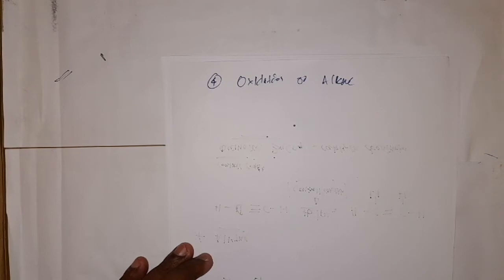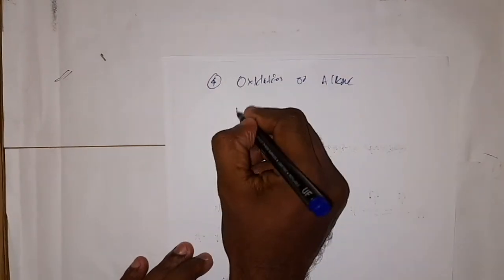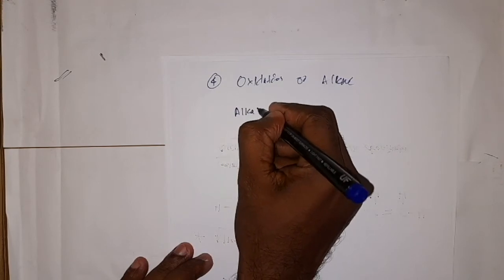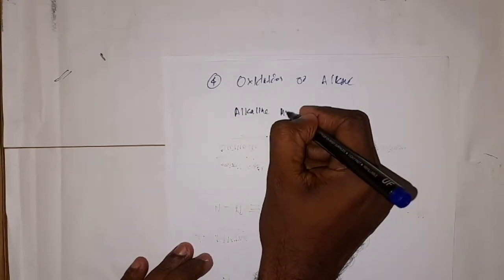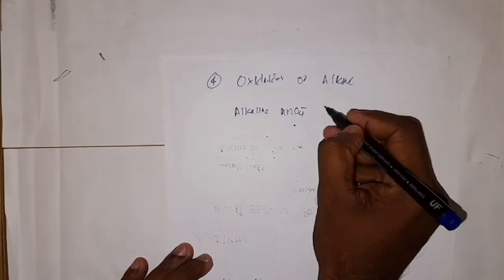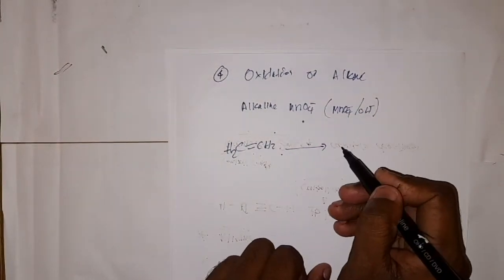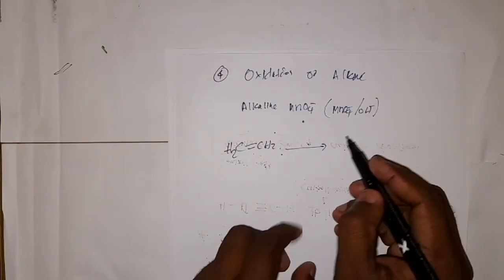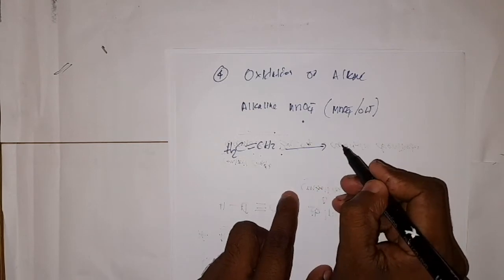Oxidation means here you have to use alkaline MnO4 minus. Now after addition of MnO4 minus in basic medium to here, what happens is,